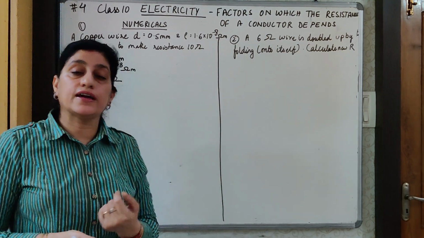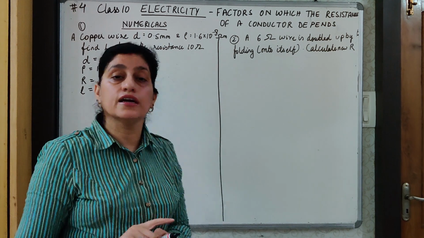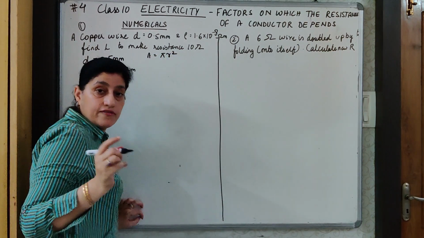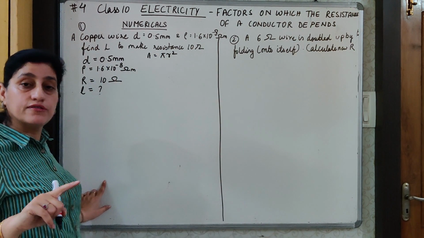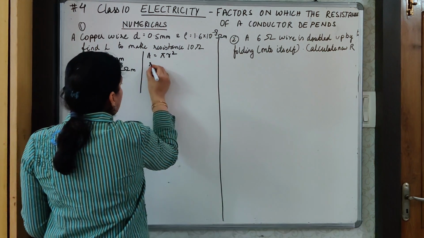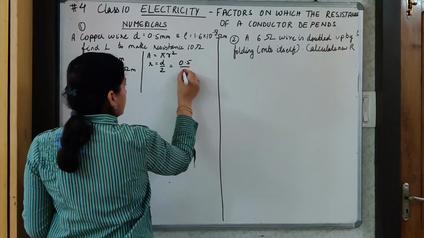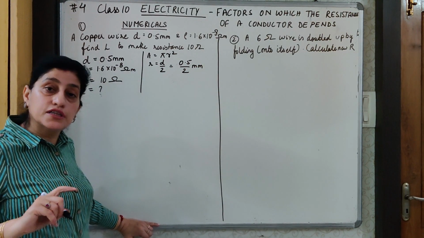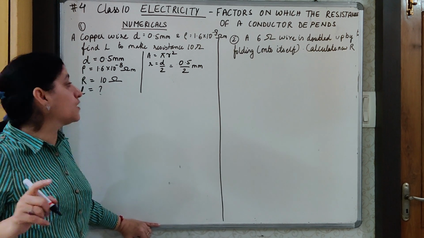From the diameter, I will find the area of cross section of the wire. The wires are circular in nature. So for the area, we will use the formula pi r square as you have done in mathematics. And for r, we have the diameter, we will have to divide it by 2. So here is the calculation for area. R is equal to d by 2, which gives you 0.5 upon 2 millimeter. Now this is millimeter and it has to be converted into meter. The conversion of millimeter to meter is divided by 1000.